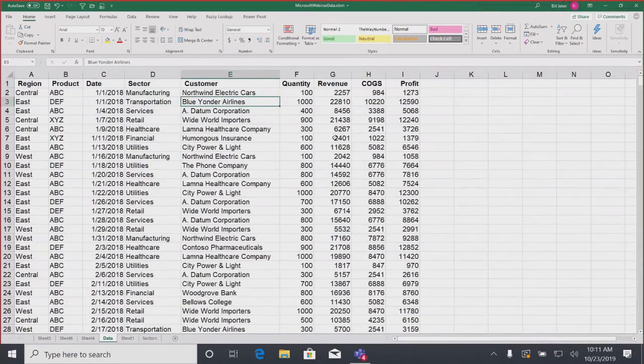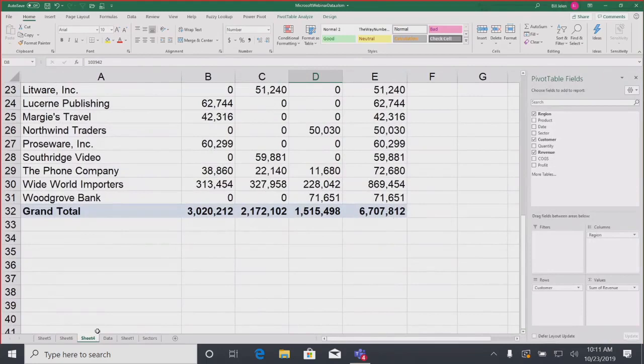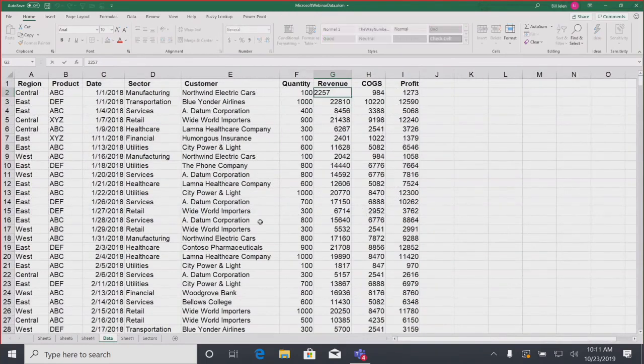And, oh, by the way, if something changes here, it's not going to automatically refresh into the pivot table. All right, so right now, let's take a look. We are at $6.7 million. I'll come here and go to this first cell and add in $1 million. And come back to the pivot table, and it's still 6.7 million.